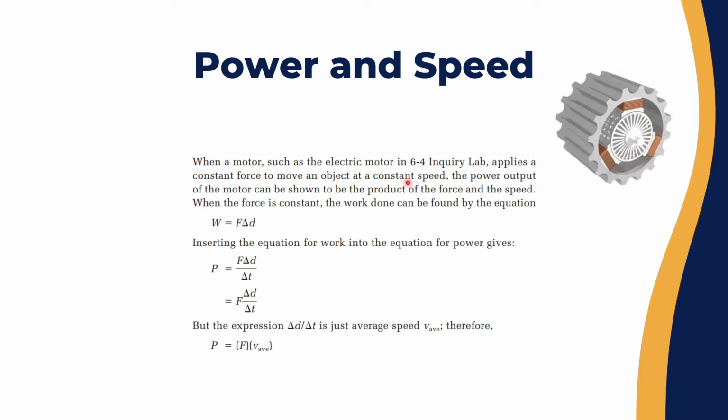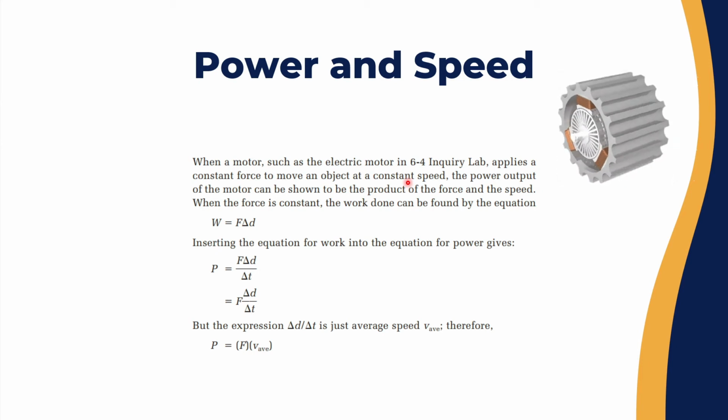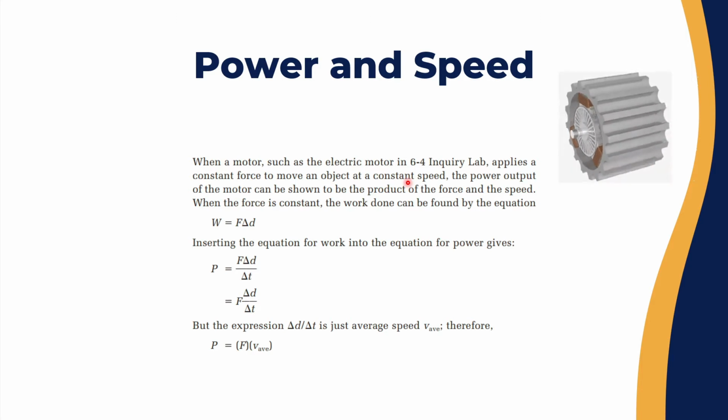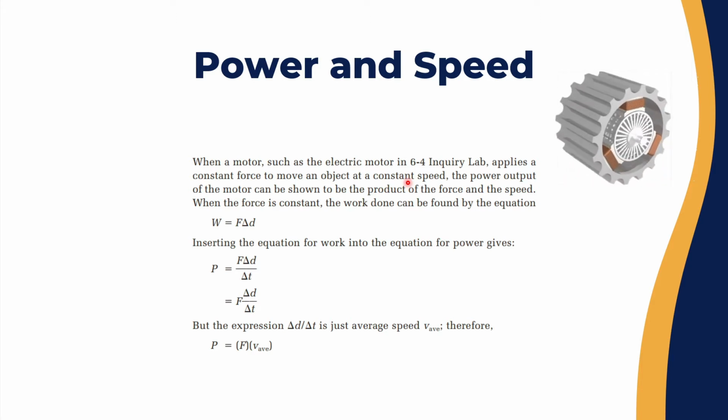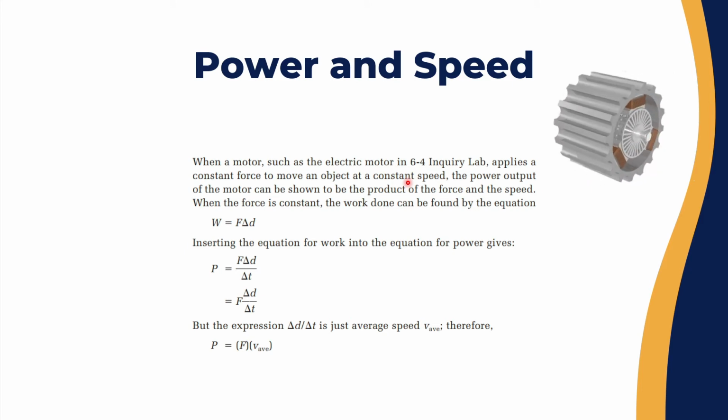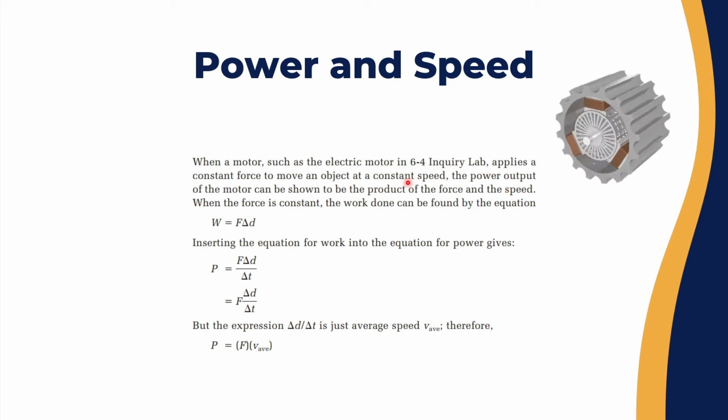Now there is a direct relation between power and speed. When you have an electric motor, you apply a constant force to move the object at a constant speed. The power output of the motor can be shown to be the product of the force and speed. When the force is constant, the work done can be found by the equation work equals the force times delta